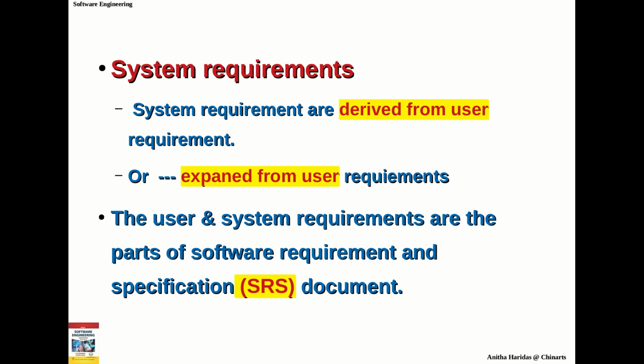So in general, for any software project, first you will list the known, unknown and undreamt requirements. Then these requirements will be categorized as functional and non-functional requirements. Again, these functional and non-functional requirements will be categorized as user requirements and system requirements. So once you have listed all these user and system requirements, you are going to specify them in a document which you call a software requirement specification document.